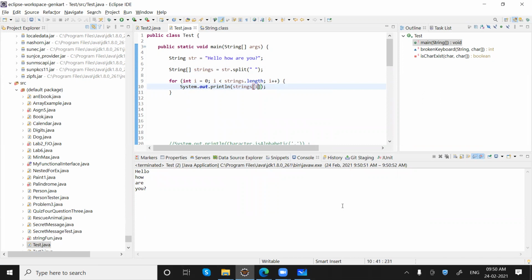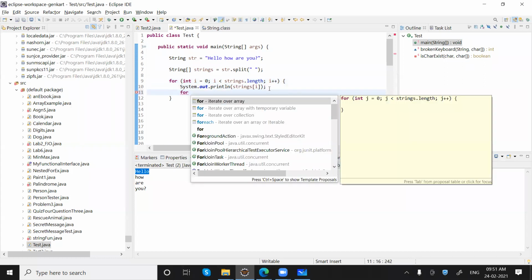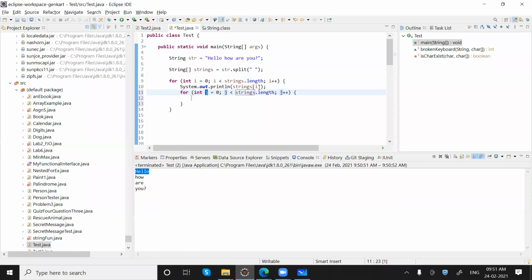All right. Now furthermore, hello is having 5 characters. If I want to print character by character, what we can do is say for, this time I am saying strings of i dot length.